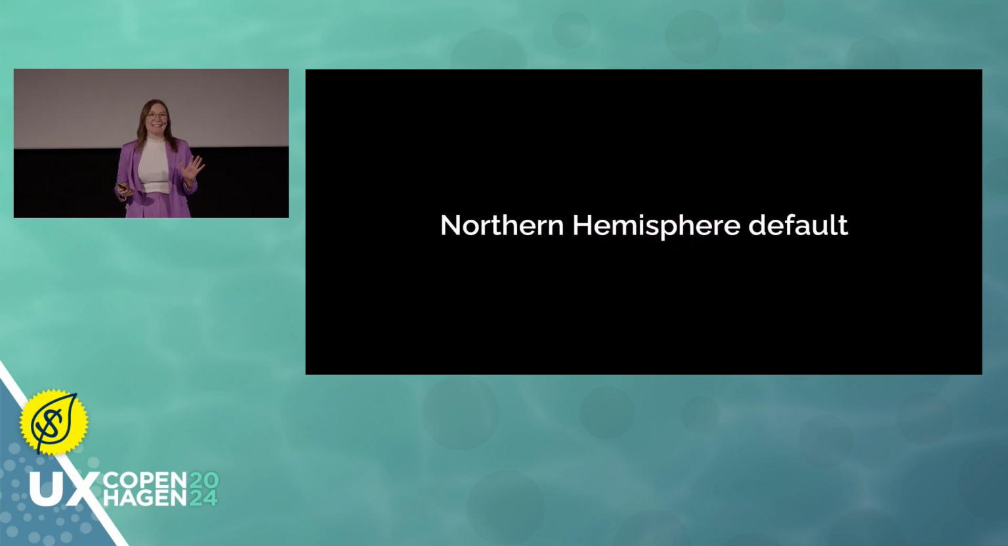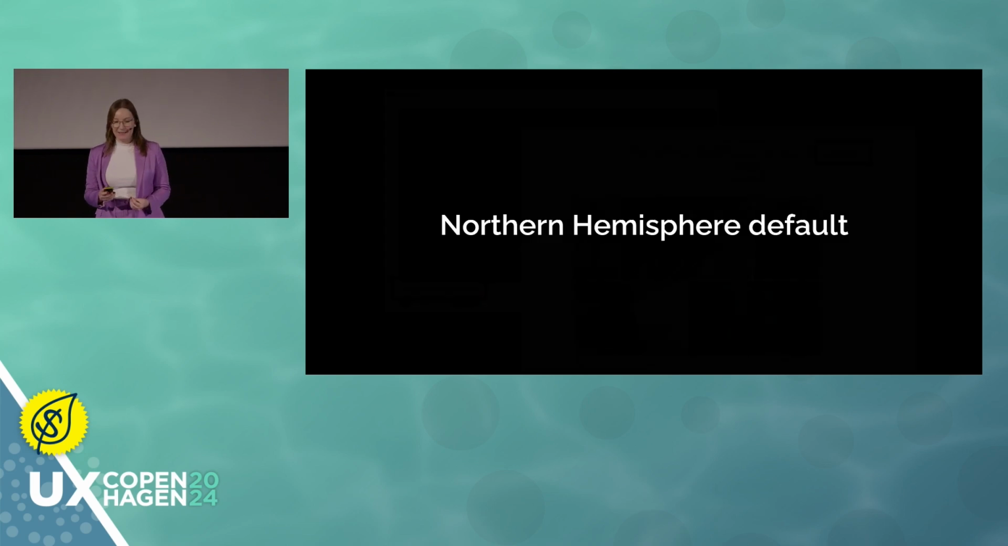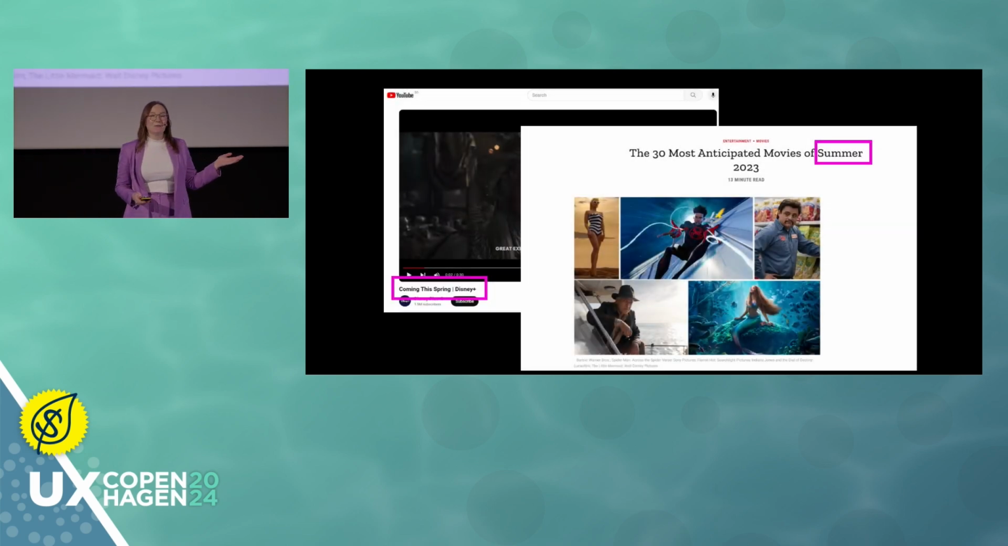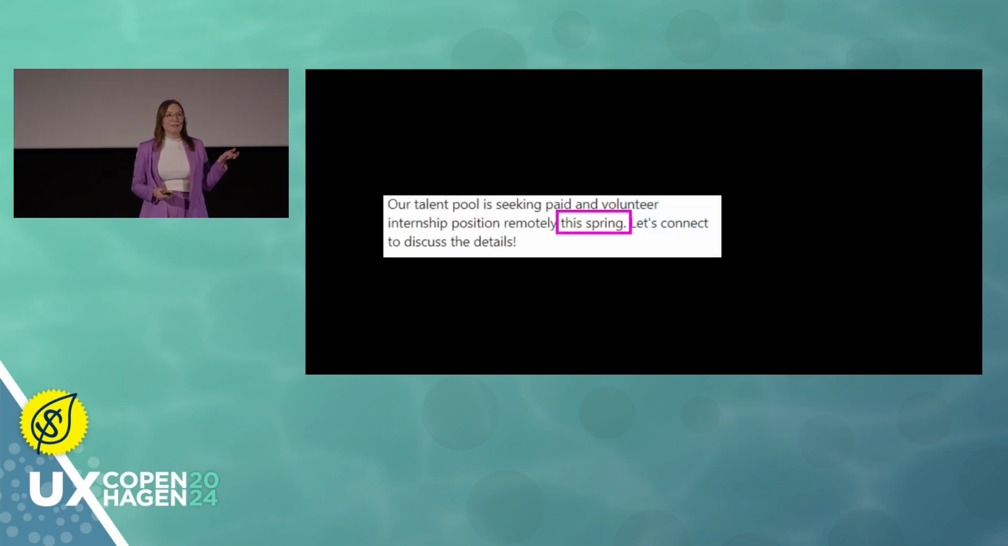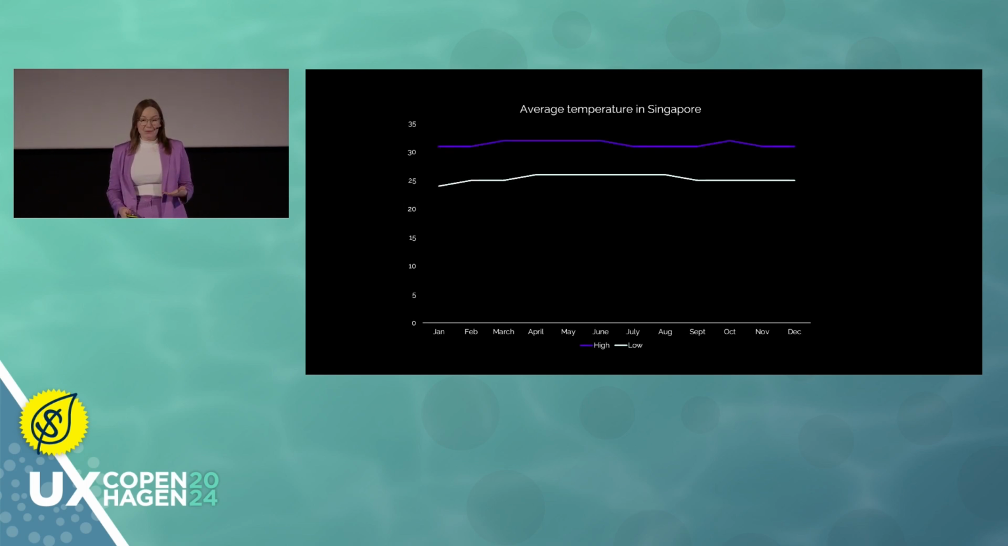This kind of insistence that July is summer is Northern Hemisphere default. And it is something that I come across all of the time as someone who was born in the Southern Hemisphere. It shows up like this when movies will talk about the top hits of the summer or movies coming this spring. It shows up like this when someone messages me on LinkedIn with a proposal for something happening in spring, which to me is completely unintelligible